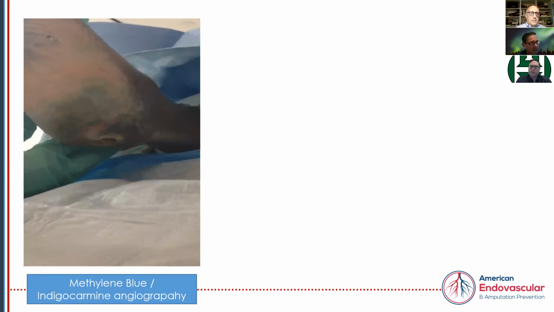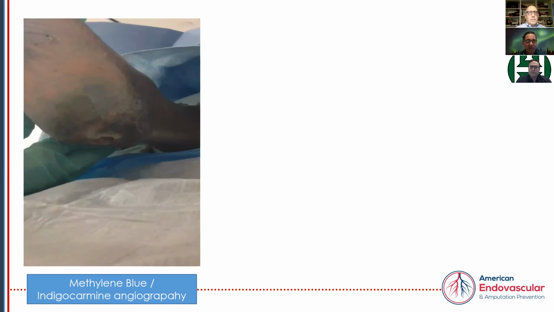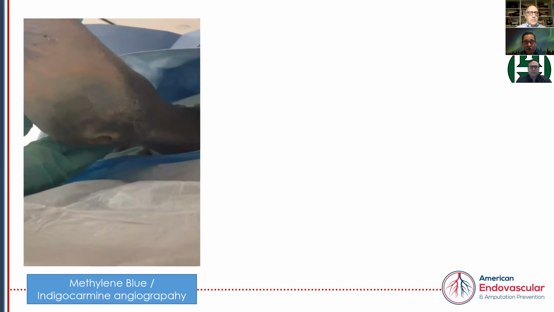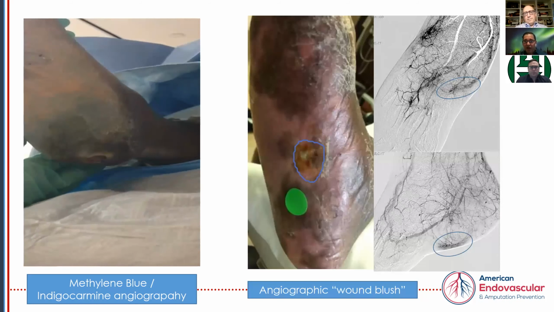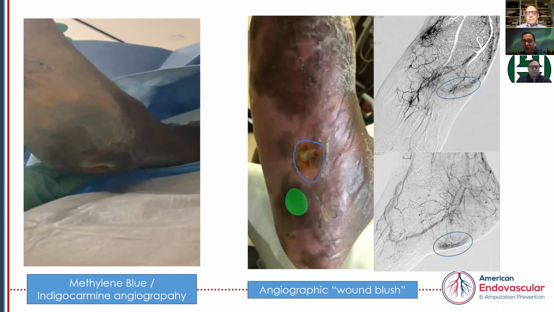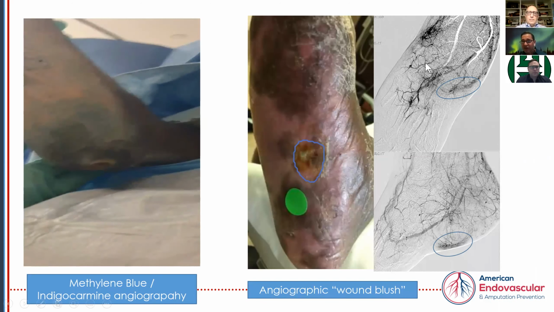It's injected into a specific vessel to see the staining, and we're looking for circumferential staining around the wound. And you can see from this angiogram that the correlate of this, which has been shown to highly relate to wound healing, is that when we're done, we see a wound blush in the area where